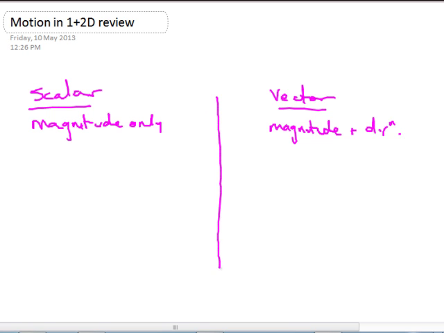So examples of scalar quantities include things like time, mass, distance, speed, which is distance over time, temperature,